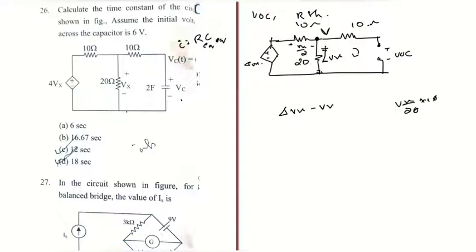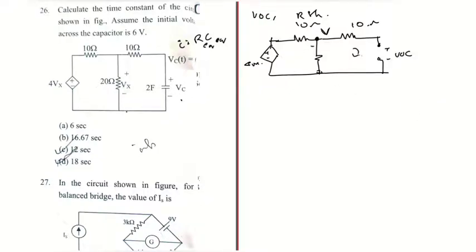I am going to write the mesh equation of this particular mesh. So minus Vx is equal to 0. From here we get Vx is equal to 0. That means VOC is also equal to 0 volt. And now we have to find out RTH. Okay, to find out RTH,